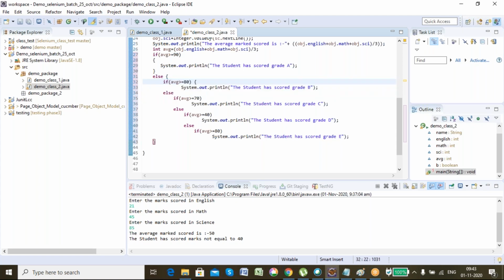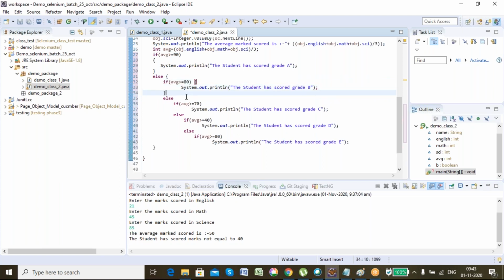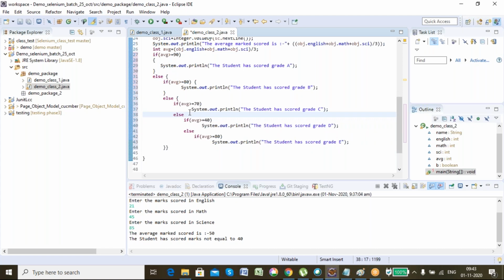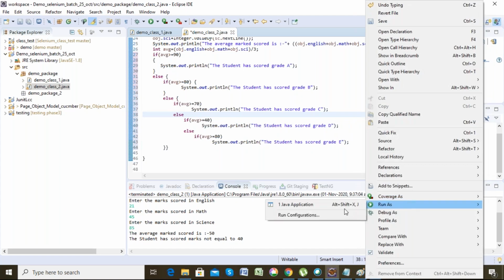Okay. Means inside this else everything is present. Similar to that, then one if came, and inside that else everything is present. Similarly, it will go on. Okay. If I run this code,